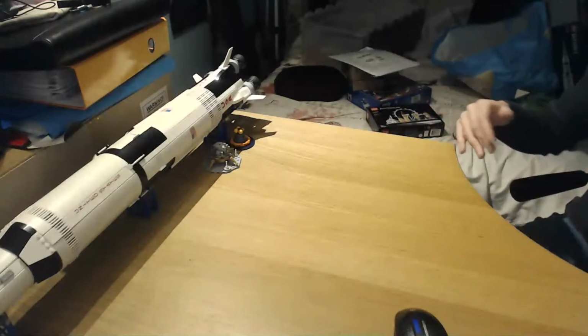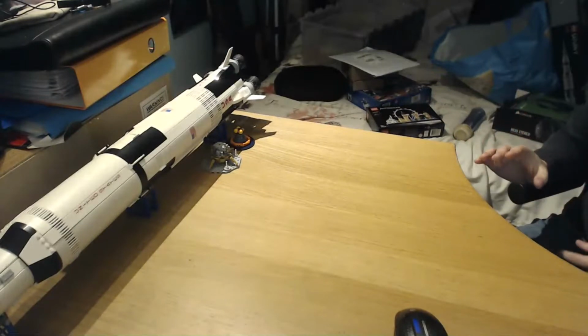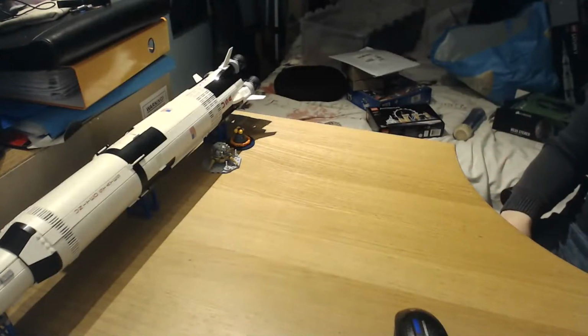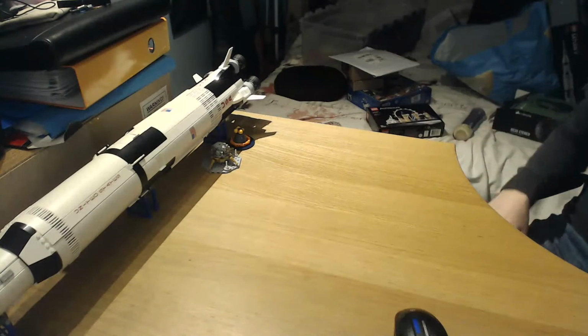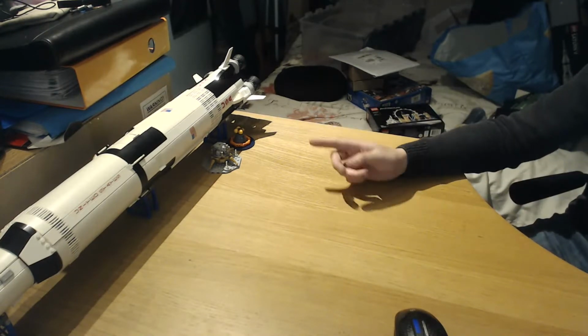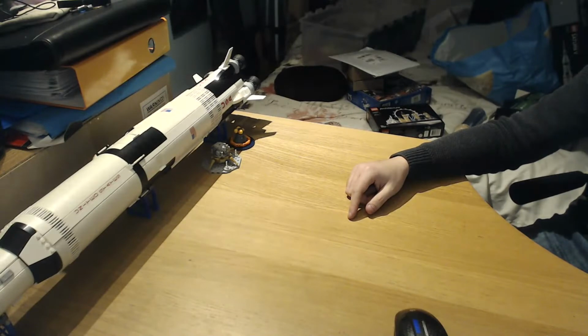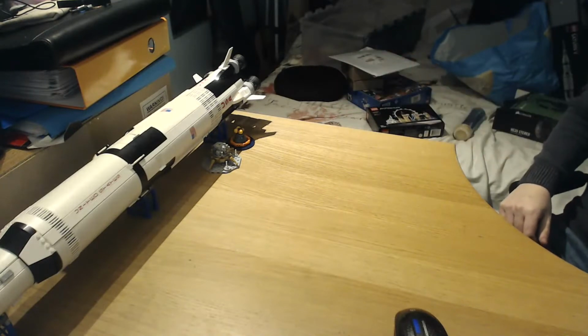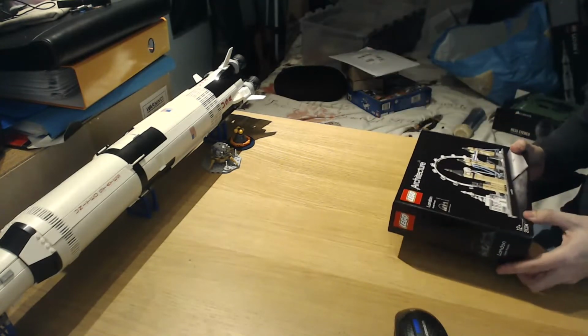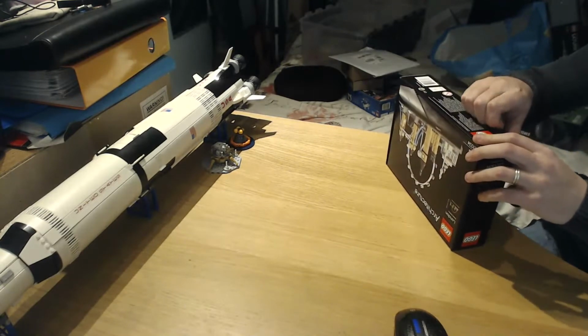The plan is to get a shelf somewhere, and what I want to do is build all the space racy models, but also the Soyuz and the Falcon Heavy and the Falcon 9. I'd have a long display like a timeline, but it's quite expensive, so I might do that slowly over time. The original plan was to build the umbilical tower for this, but it costs about 1,200 quid, so that's not going to happen anytime soon. What I like though is the heavy mover that carries it to its launch pad. I might do that, it's quite doable. But for now, we have to work through Christmas Legos, starting with this bad boy,